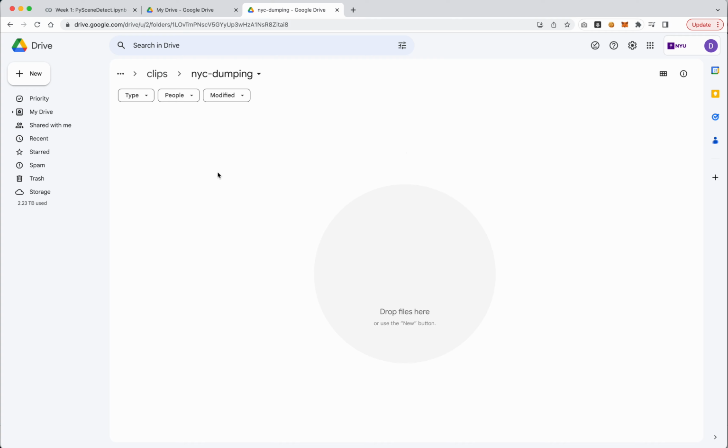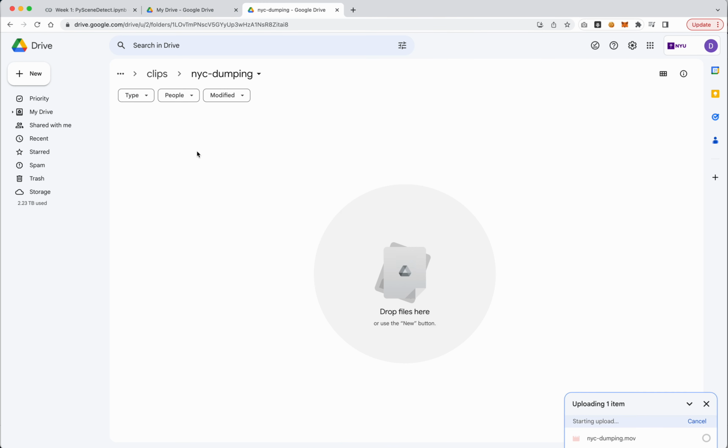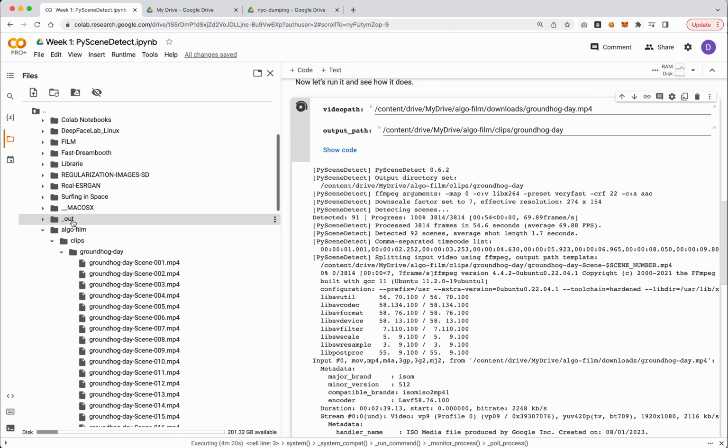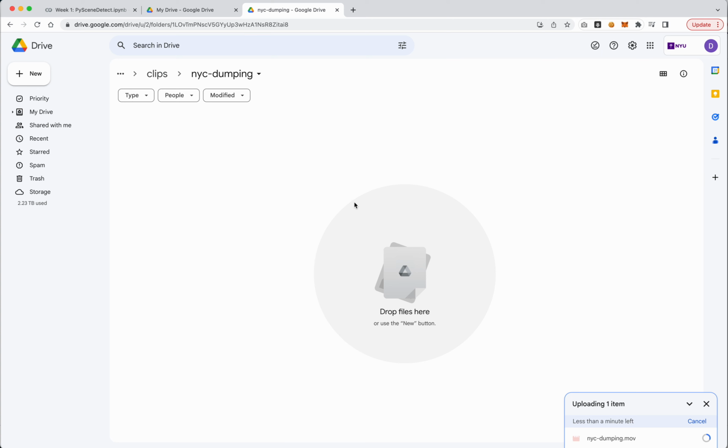And we'll open this and we'll just drag our video in here. Now, I always recommend that you do this in Drive rather than, you could actually go into here and also make a new clip and then drag the clip into here. I personally have found that dragging files into Colab and uploading them through Colab is very slow, half the speed of Drive. They're doing something on the back end to make this faster. So when you upload directly to Drive, it will upload much, much faster. So I definitely recommend doing that here.